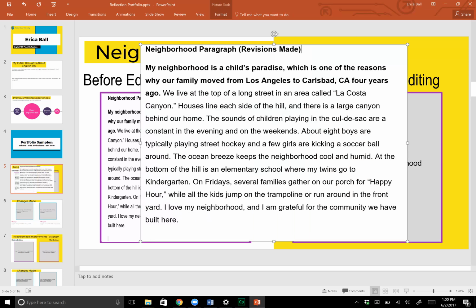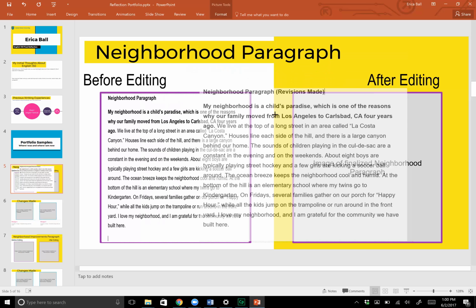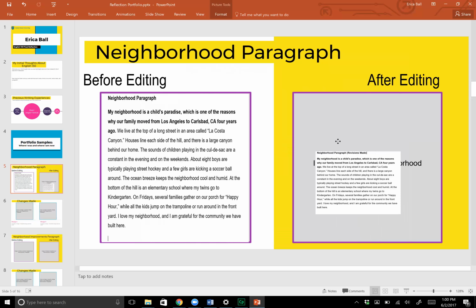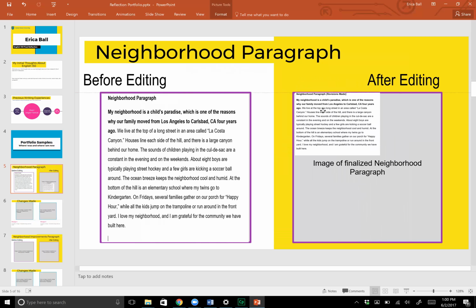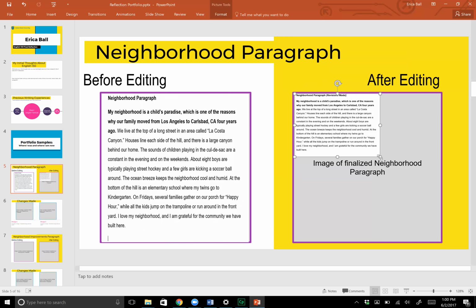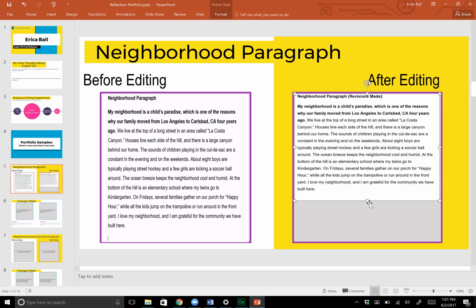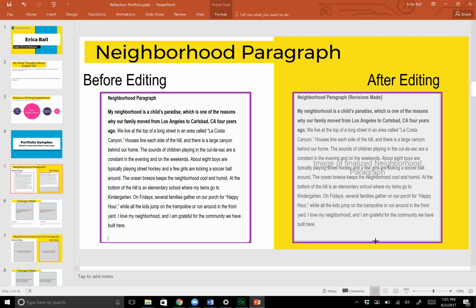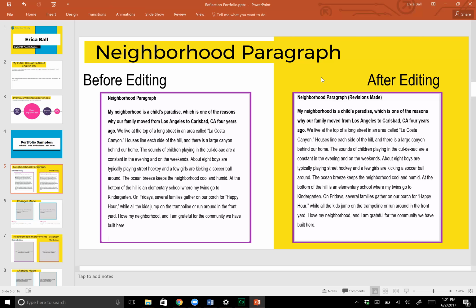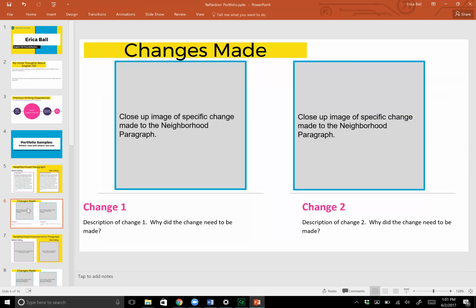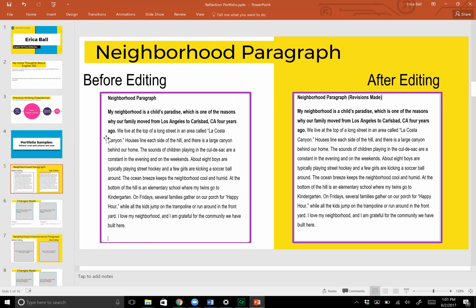And again, to shrink it down, I already have the circle, so I don't have to click on it, but you might have to click on it and drag it down. And I'm going to fit it so that it fits nicely and it looks good in here. Just kind of drag it around until it looks nice. So now I have my samples, and I could go ahead and move to the next page. Now it says, give me a close-up image. So I'm going to actually go back to this, and if I wanted a close-up image of my initial,